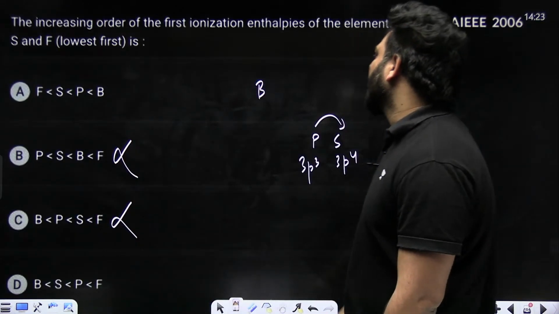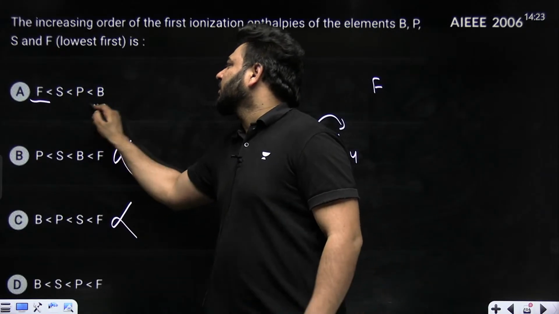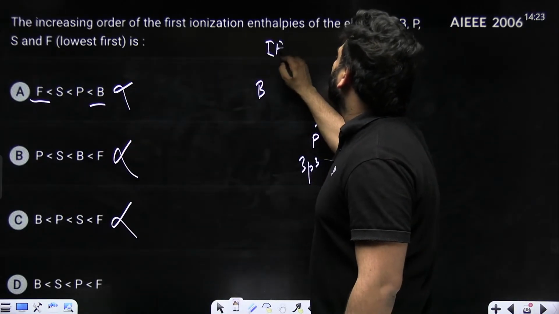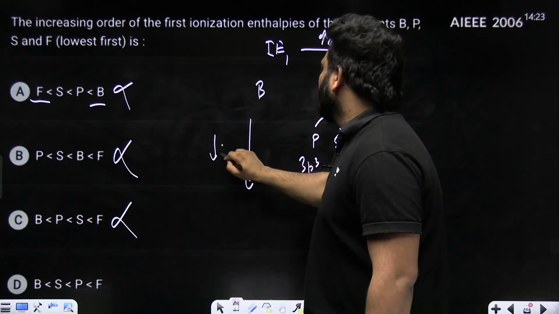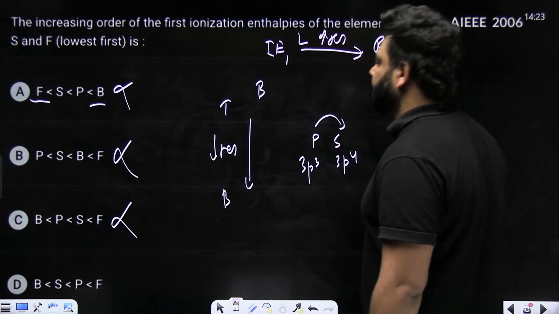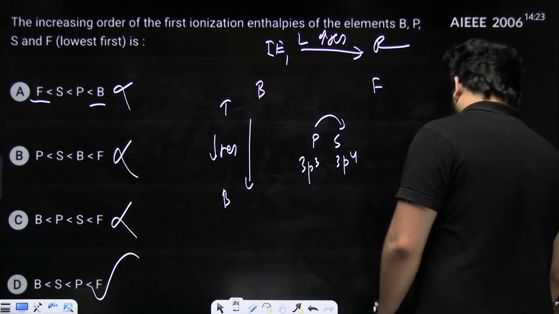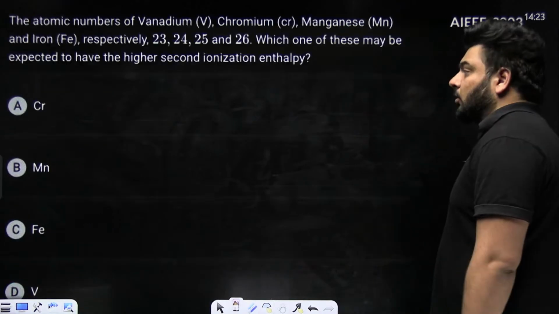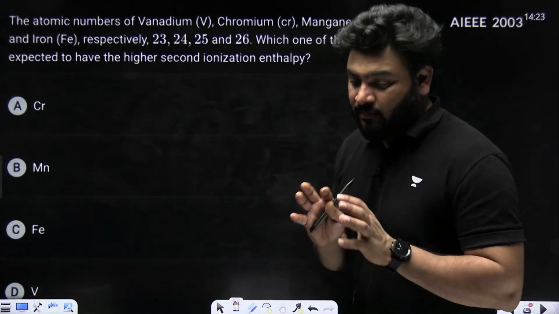But right after comparing these two, what I find is fluorine cannot have lesser than that, because ionization enthalpy increases left to right and decreases down the group, top to bottom. I think D is the correct answer. So everything I'm doing is just applying the proper